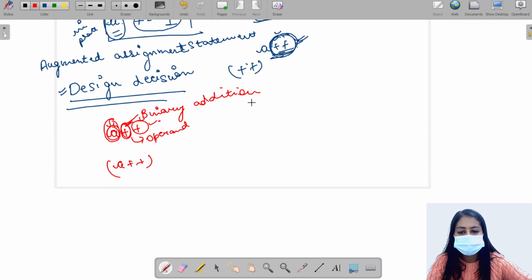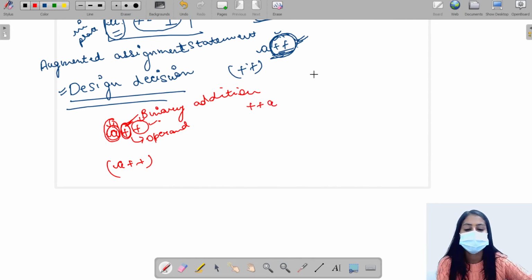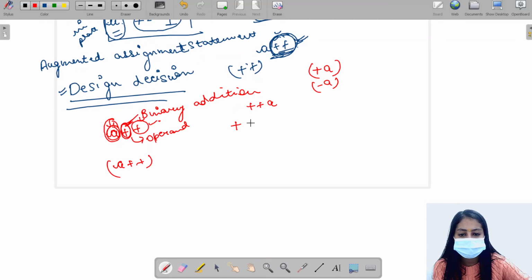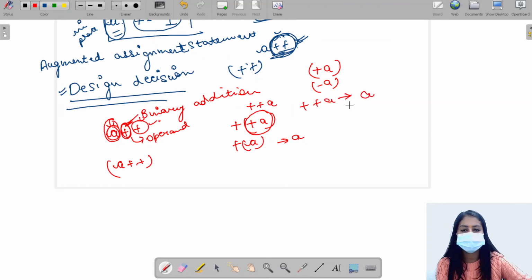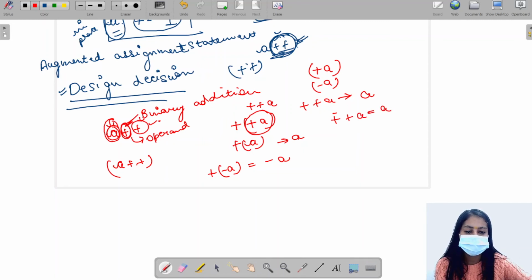Next, if I use the pre-increment operator in Python, there is a unary operator available like this and this, right? So what is it doing? It is parsing this like this. It is first converting this to simple a and then again to simple a. So this is evaluated to a simple variable in Python. If I write it like this, it will give me minus a. Similarly, this will give me plus a in Python. Python will parse it like a unary operator.